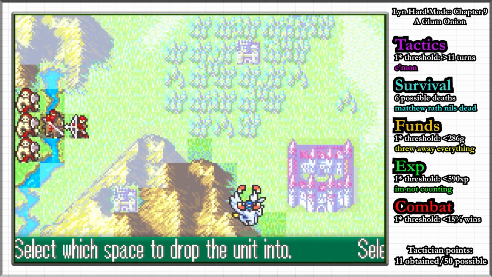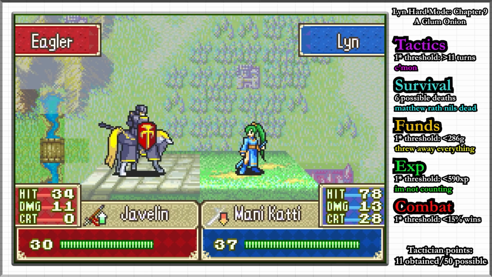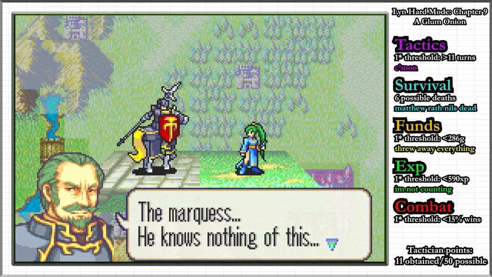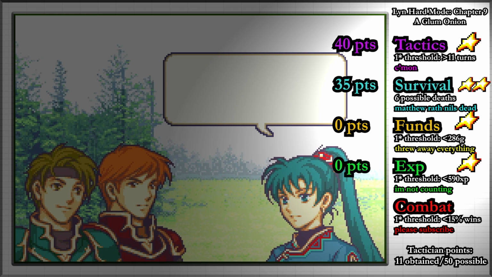Since there's only 1 chapter left after this, there's not much reason to save anything that I don't need. I have Florina fly Lyn over to the right along the bottom side to kill Eagler and his 2 cronies for 3 kills, and I have more than enough battles on Wallace and the rest to offset that for my combat rank. I move to Seas, completing the map with a 1-star tactics, 2-star survival, 1-star funds, 1-star XP, and